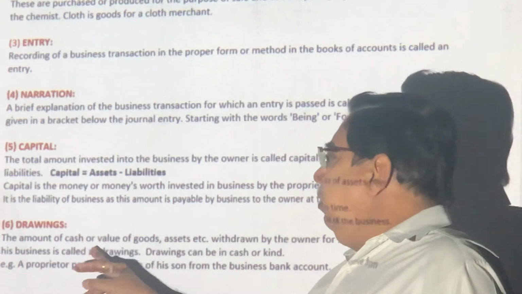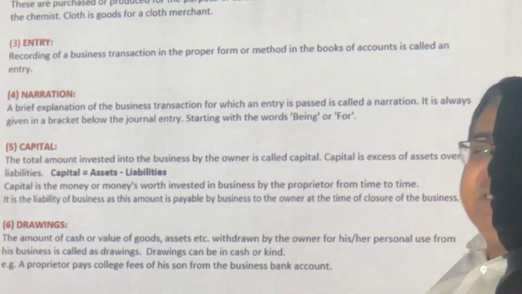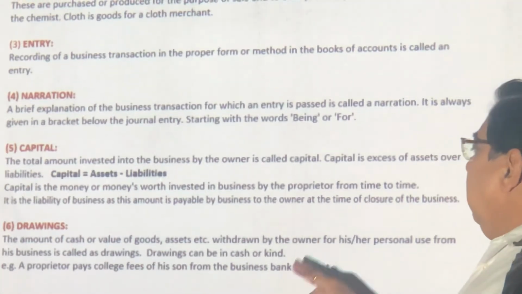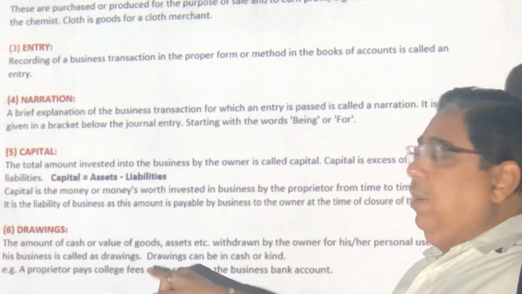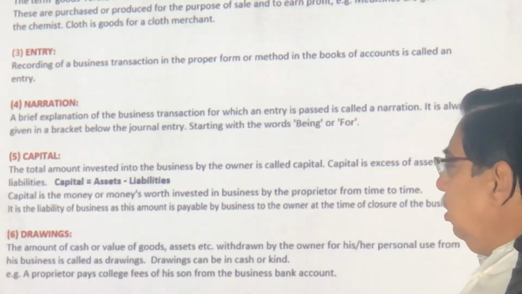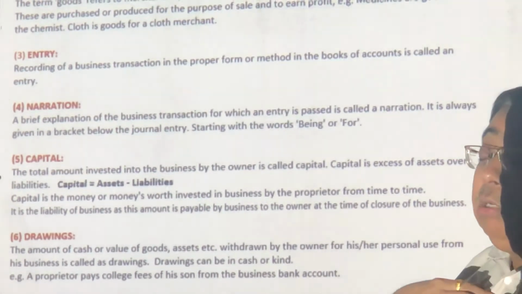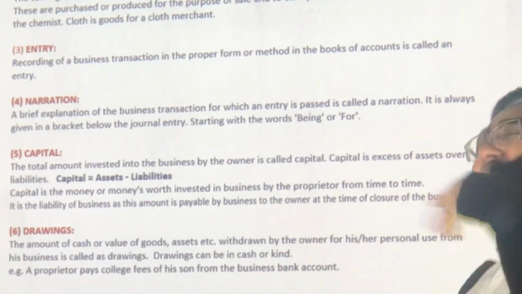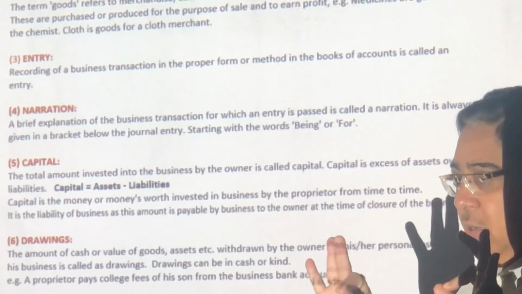Drawings. I'm a stationer, I take 10 notebooks home, 2 ball pens I will take home. Okay? If I take for my personal use, it is called drawing. I may take a 100 rupee note, chalo, I will have a vada pav, McDonald's. Okay? This we have to write in the drawings. That means I took. Money can't disappear. Account has to be reliable.